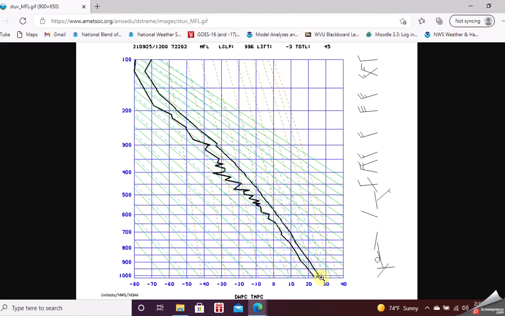If I lift an air parcel right here, just off the surface, you see this dashed line right here? It's a little hard to follow, but there it goes up. That's the moist adiabatic. So this is the current environment or the lapse rate of all the air around that air parcel. You'll notice that all the way up, I am just a little bit to the right of that air parcel. So I am warmer. I am unstable. That air parcel is going to want to keep rising, and that's why showers and thunderstorms are anticipated down around Miami today.